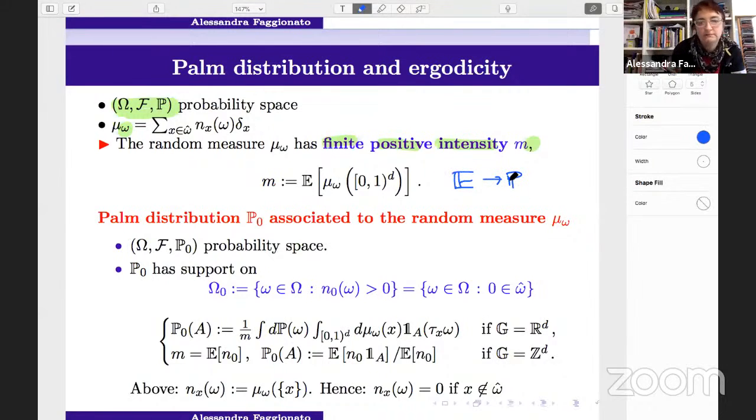Then the Palm distribution that I denote by P0 is an object associated to the random measure mu omega, and it is a probability on the space of environments. Okay, so it's a probability on Omega, and P0 has a particular support, which is given by Omega 0. So Omega 0 are the environments, if you look at the last expression, the environments omega such that 0 belongs to the support of mu omega. So recall that omega hat is